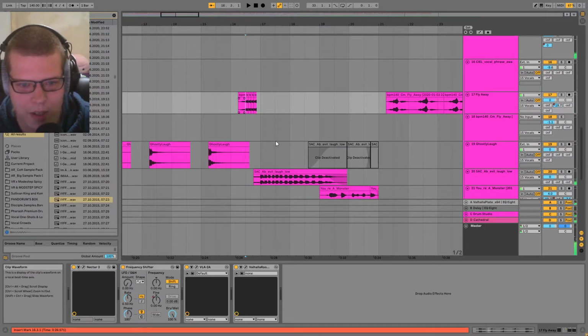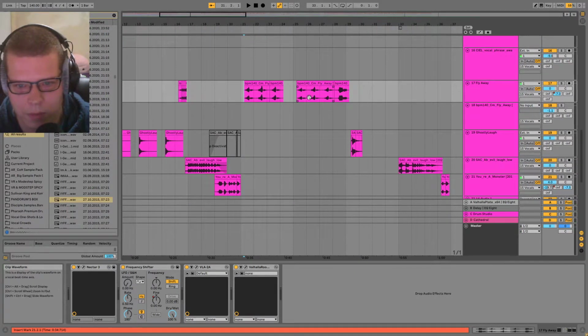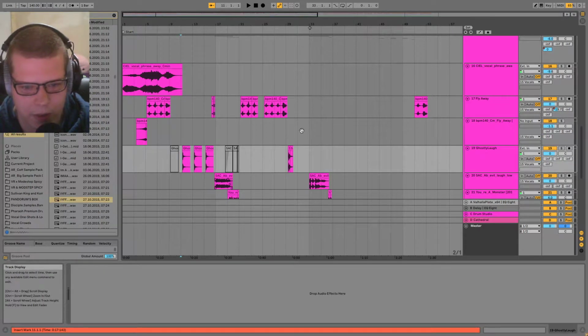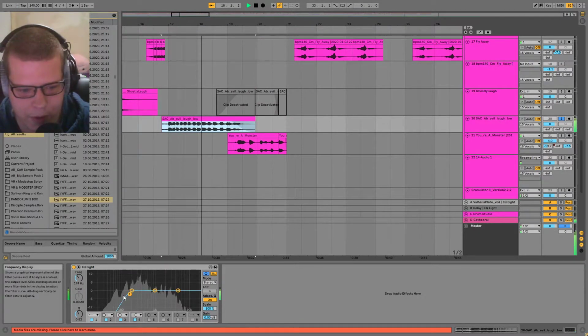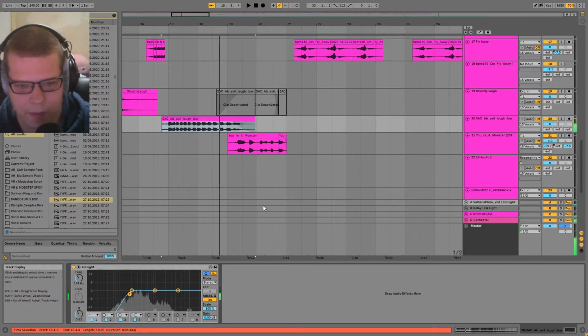It's just in the background, but it still adds something. Valhalla Room, great reverb. Nothing much on there. Basic EQing, just getting rid of some lows.